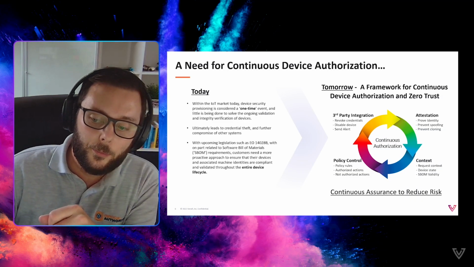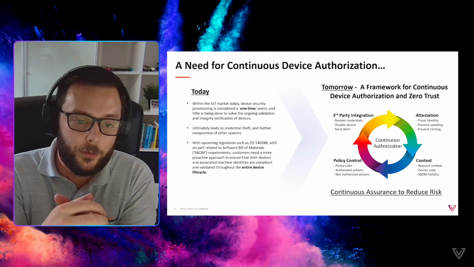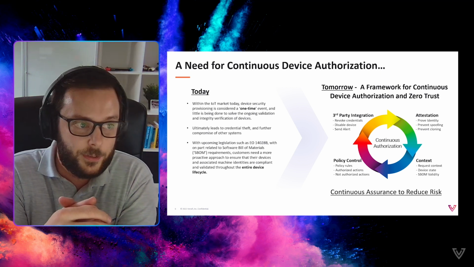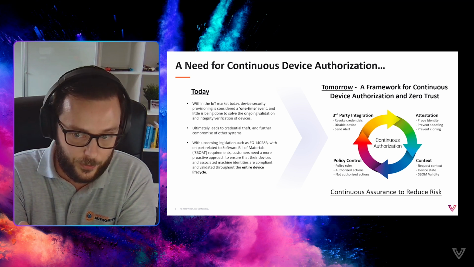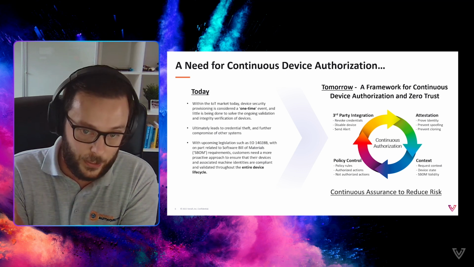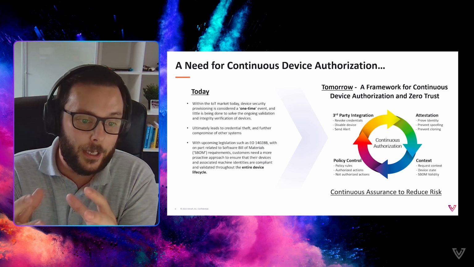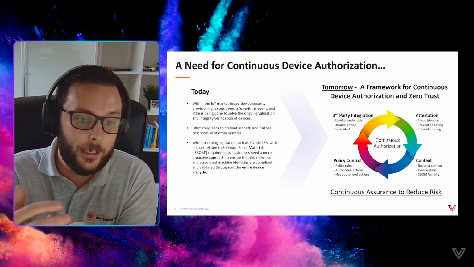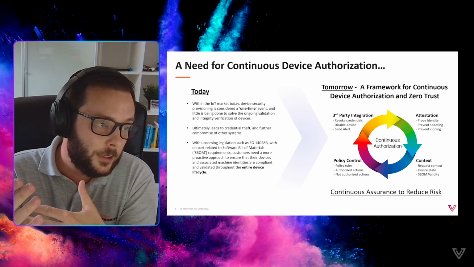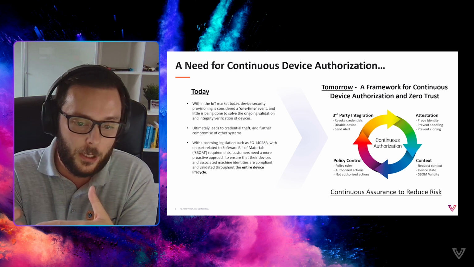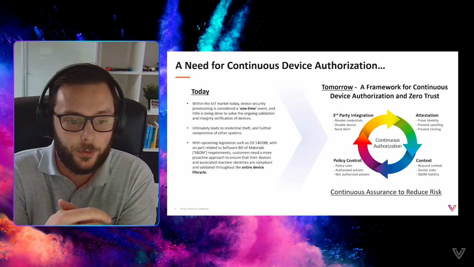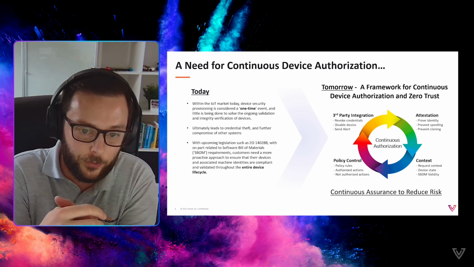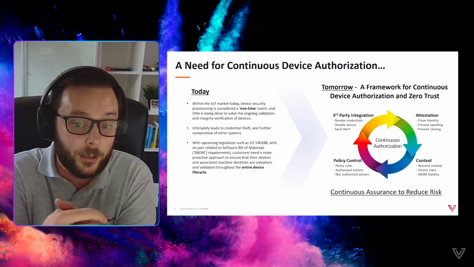Then moving to the left, bottom left here. Policy controls. So let's say that I've proven the device identity and I've considered the context of the transaction and the device state. What is the resulting action that we're really going to apply here? Well, if you're trying to get a new X.509 certificate and you have OpenSSL 1.0, right, with critical vulnerabilities, maybe I'll hold off authorizing that transaction until you're in a better state.